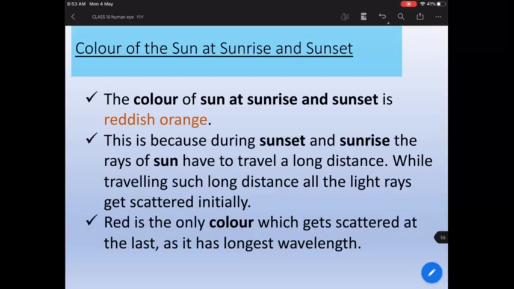Yeah, another question, Devesh. In the afternoon the sun is right at the top of our heads, right? So the light has to travel a much lesser distance. When it is traveling a much lesser distance, except for blue light, no other light is getting scattered. As we see, only the blue is getting scattered. But how do we see the sun? We will see the sun as whitish or probably a little yellowish in color, right? Because the distance is